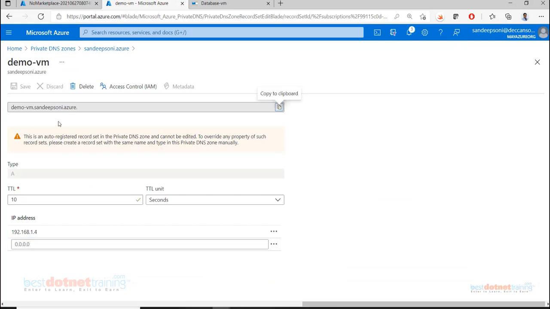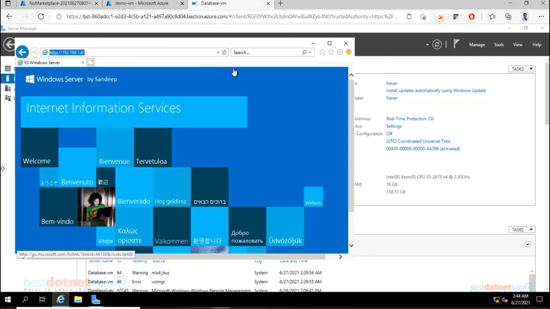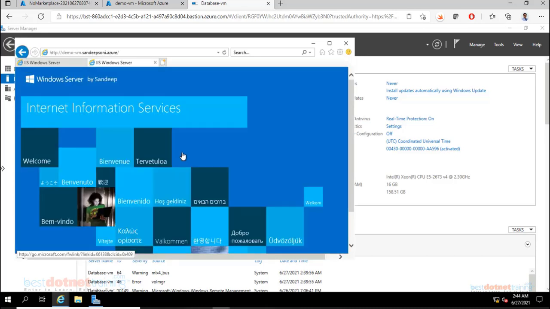So the full name will be demo-vm.sandeepsoni.azure. Copy this domain name and put it here. You will still get the same response. Fantastic. Earlier we were browsing through IP, now we are browsing through name.